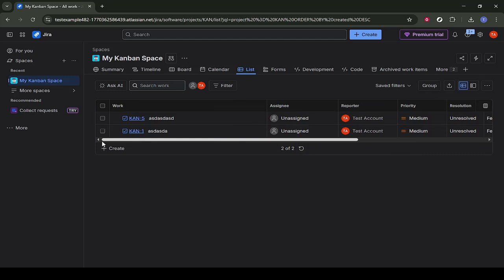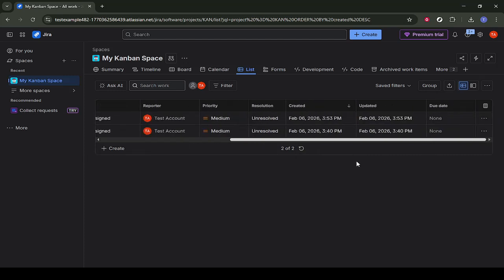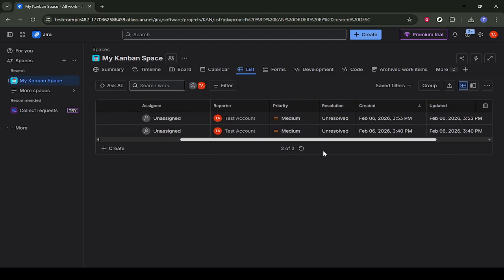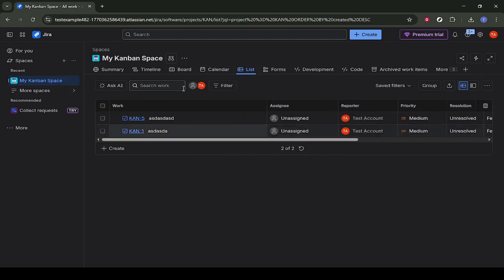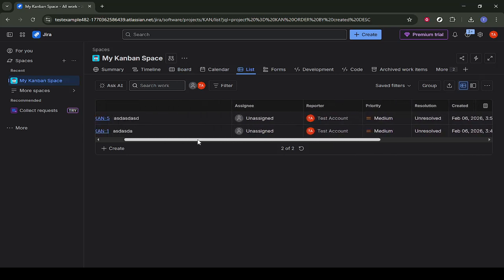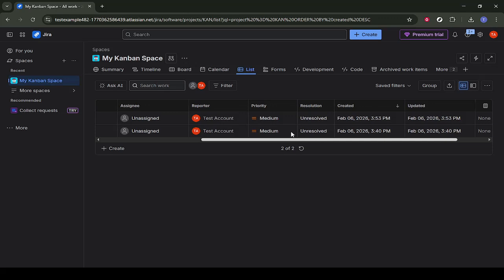First, open your Jira project and switch to the list or all work view for your Kanban board. Once that page loads, take a moment to look at the columns that are currently visible. You'll probably see things like issue key, summary, assignee, maybe priority, or created date. In this example, you'll notice that the status column is not visible at all, which makes it harder to manage